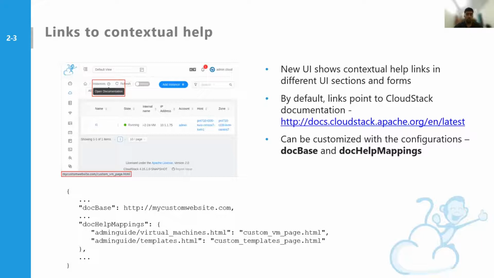So whenever a user clicks the help link on the instances page, he will be redirected to the instances page on the CloudStack documentation website. This particular behavior can be customized as well. So if someone is hosting their own help website or documentation website, they can simply change two of the